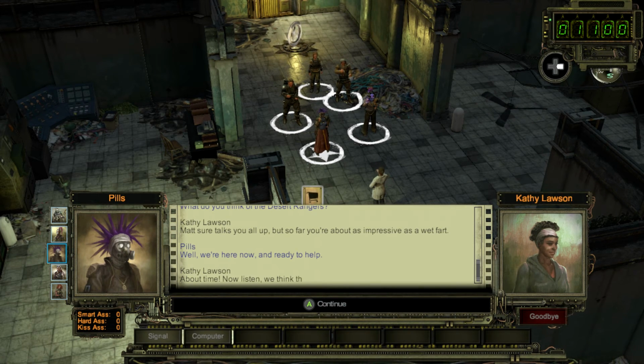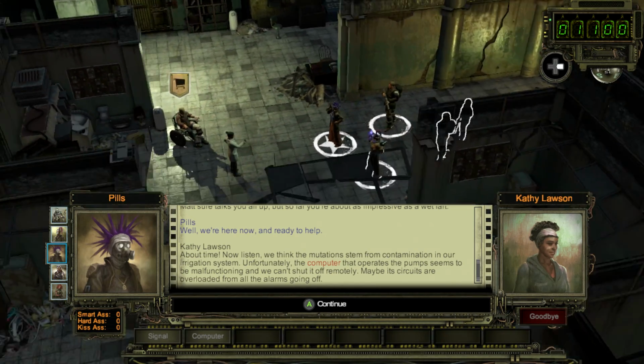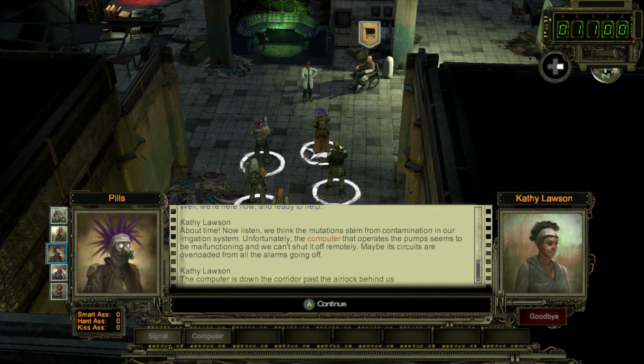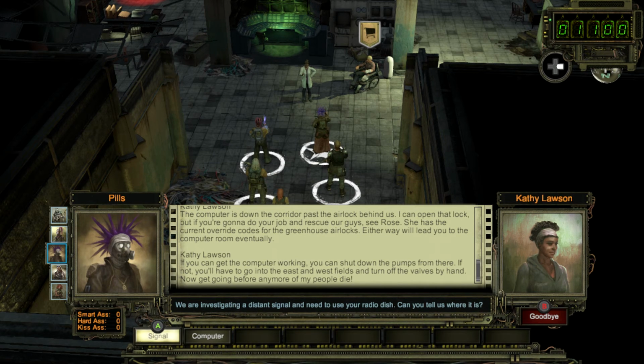About time. We're here now, ready to help. Now listen, we think the mutations stem from contamination in our irrigation system. Unfortunately, the computer that operates the pumps seems to be malfunctioning and we can't shut it off remotely. Maybe its circuits are overloaded from all the alarms going off. The computer is down the corridor past the airlock behind us. I can open that lock, but if you're gonna do your job and rescue our guys, see Rose. She has the current override codes for the greenhouse airlocks. Either way, we'll lead you to the computer room eventually. If you can get the computer working, you can shut down the pumps from there. If not, you'll have to go into the east and west fields and turn off the valves by hand. Now get going before any more...